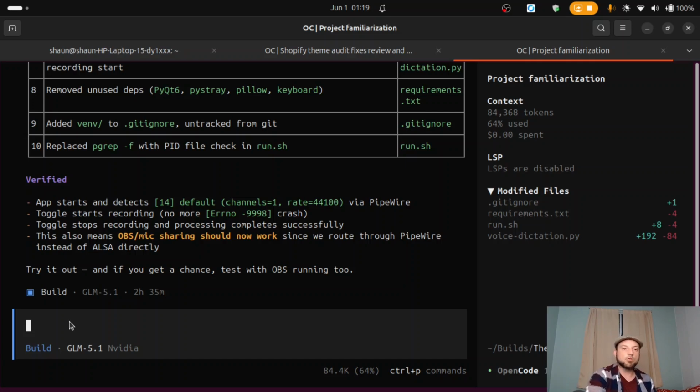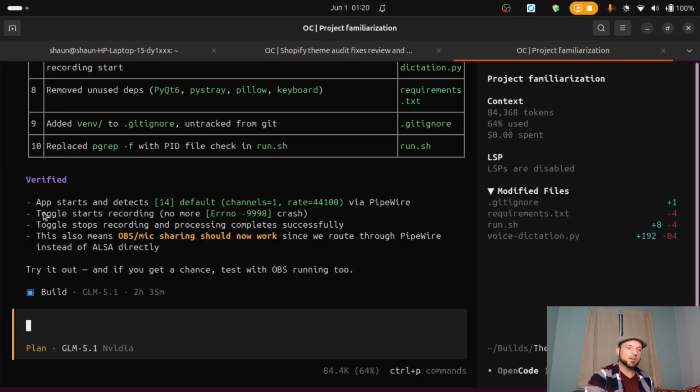But now I'm going to showcase to you how this works, because let's go over the plan real quick, just so I don't really change anything anymore. But you can say you're right here, app starts and detects the default channel via PipeWire. Just found out that PipeWire is something that's built into Linux. Didn't know that. There's another one that's called ALSA. Didn't know that either. Linux is still quite interesting to me in a lot of ways because there's always something